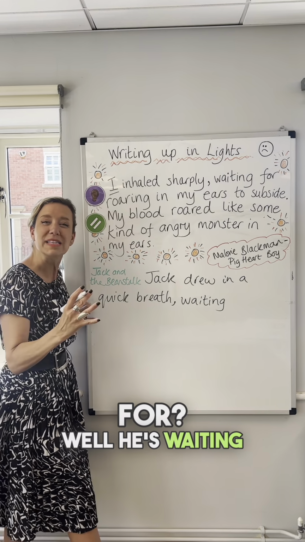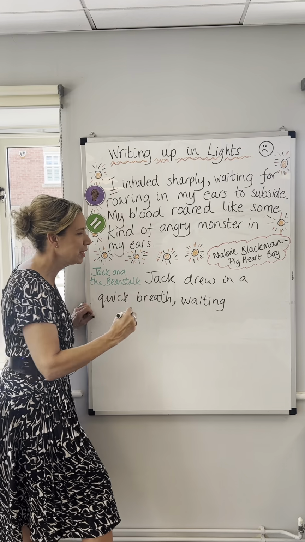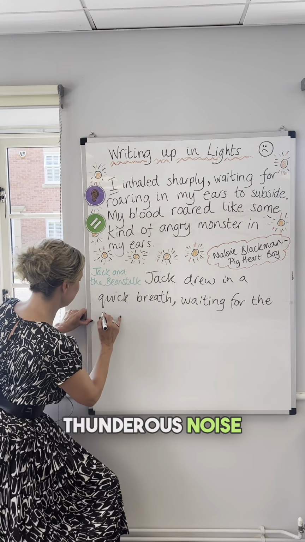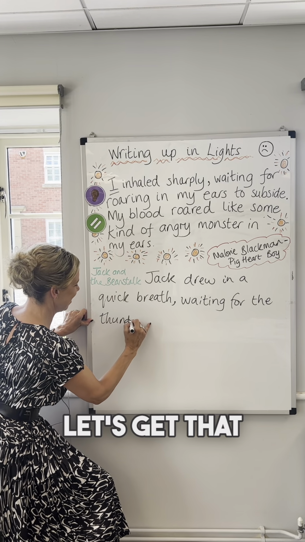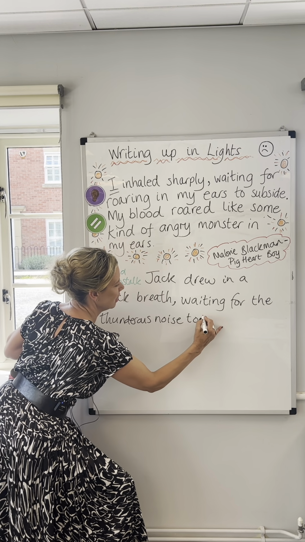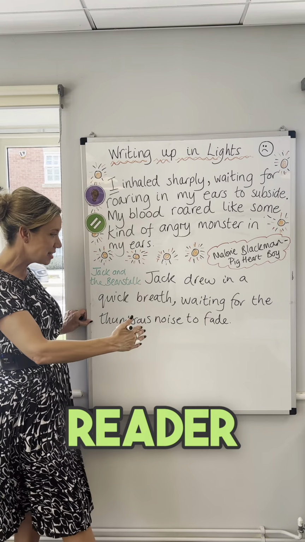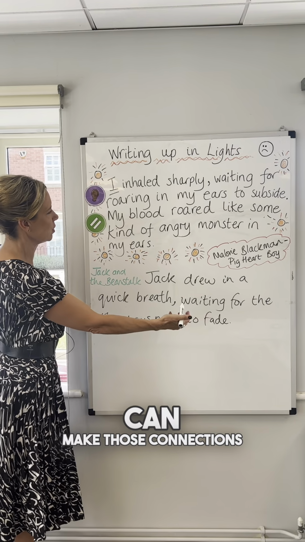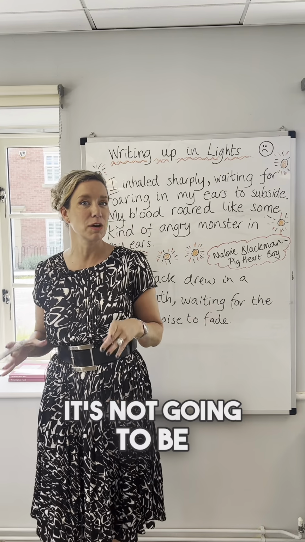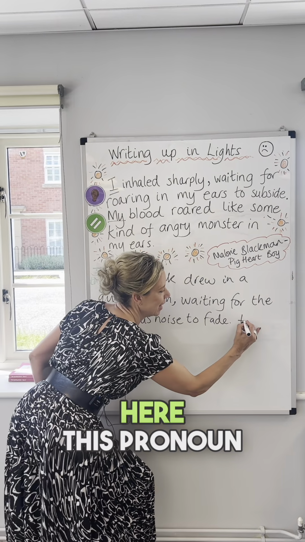He's waiting for the anger of the giant to calm down, waiting for the thunderous noise. Let's get that in there. The thunderous noise to fade. And we know what is making all that noise. So I think the reader can make those connections. Now, here, this second simile sentence, it's not going to be my. I'm going to drop in here this pronoun his